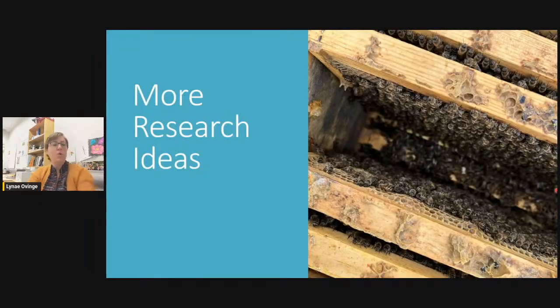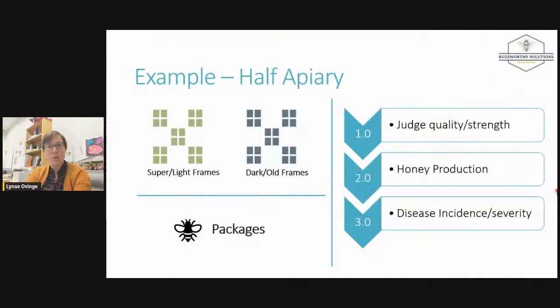So we're going to go into some more research ideas now, examples that, if you're like, oh, this sounds good, I want to do some research. I know I've talked about lots of different ideas already, but just some other ones. So these are some designs we're looking at. Let's say we're using half apiary. Let's have one half of the apiary have those nice light frames that have come down out of supers if you're running deeps, and then compare that with this dark old comb that your grandpa had. And then you can hive packages into that. It's a really great one for packages, because you're already having to make a choice about which comb to hive those on.